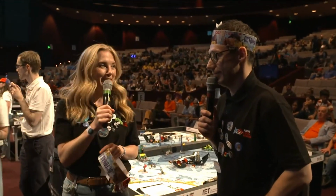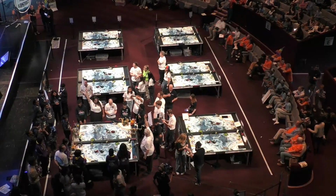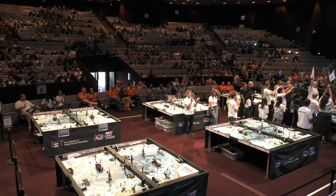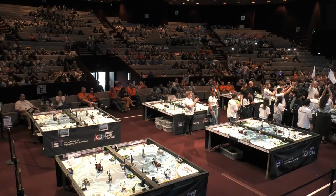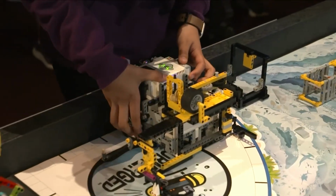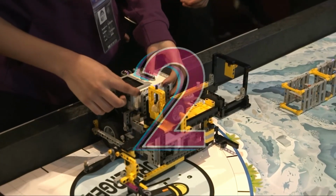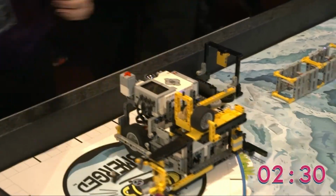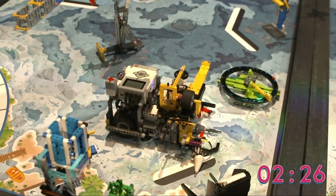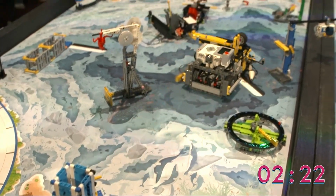The white flags are up, though. It's the final! It's the final. We'll give a massive round of applause for both teams in the final of the knockout round. Thank you very much. For our finalists! And when Dave is ready. For the last time. 3, 2, 1, Lego! And we're off. So already